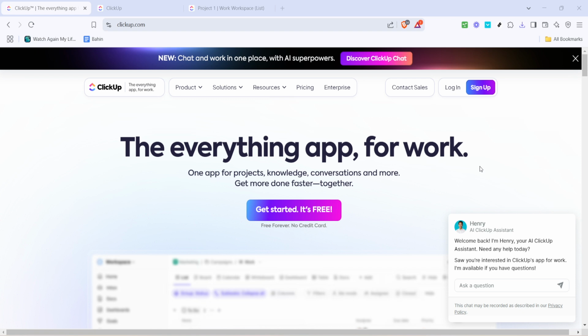First things first, open your preferred web browser and navigate to Clickup's website. You'll find Clickup is touted as the everything app for work, and you'll soon see why it can be invaluable to team collaboration. Once you're on the website, direct your attention to the top right corner and click on the